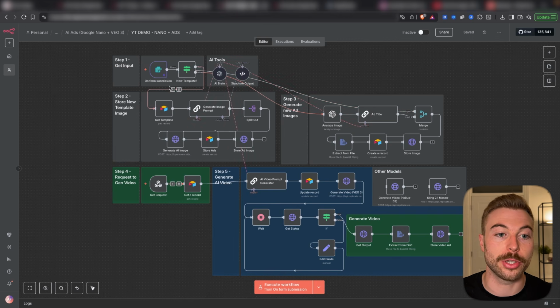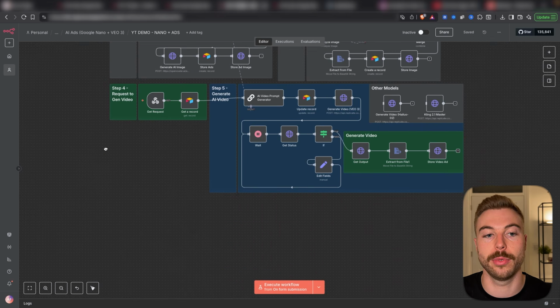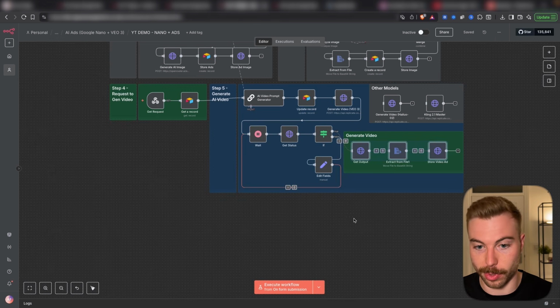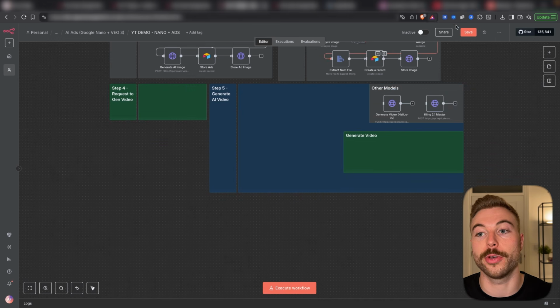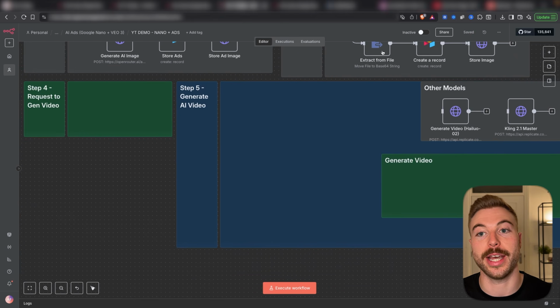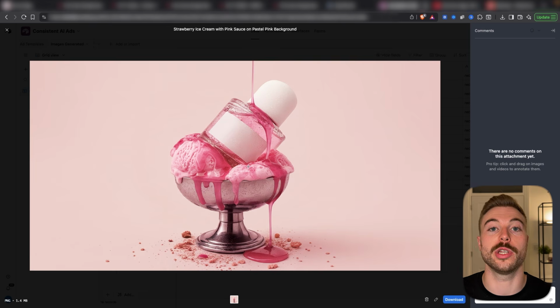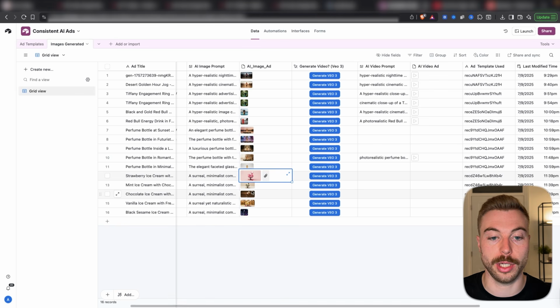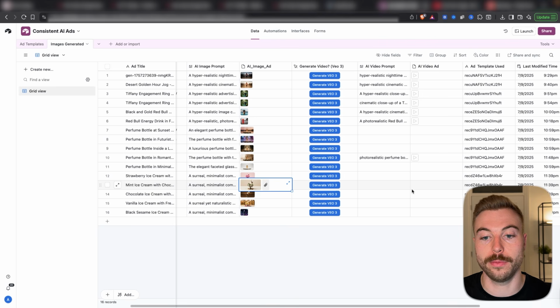Now we're going to keep the top part here the same because we've already built that out in another video. We're going to be focusing on this bottom part here. So I'm going to get rid of all of the contents for now, so we can build it out together. So first, we've got our database with all of the different images and ads that we've generated. So maybe we want to come through and do another one, maybe for the strawberry ice creams that we did in the last video. So what we're going to do is come across to where we've got this tab here,